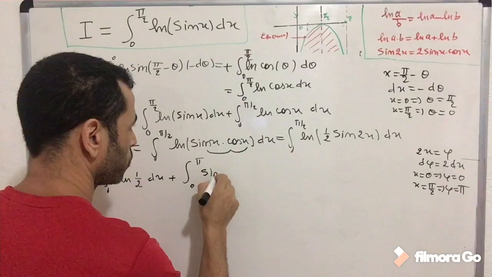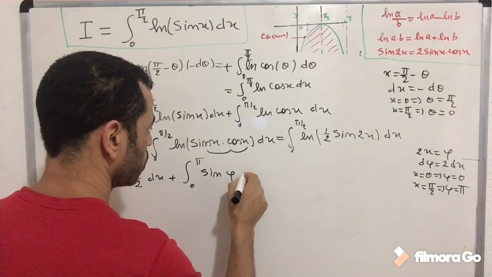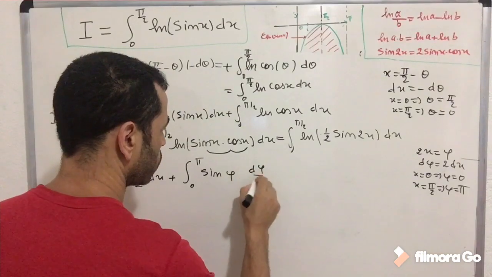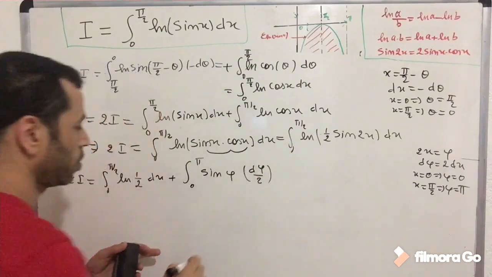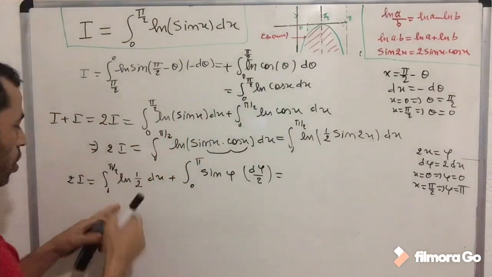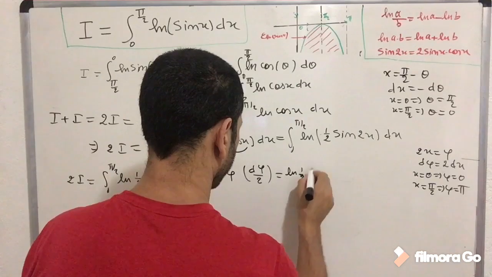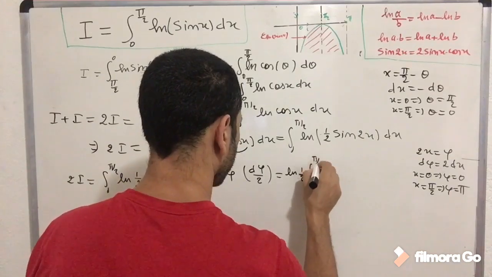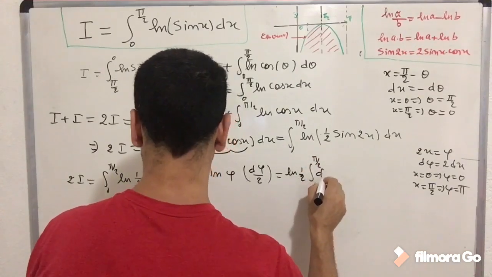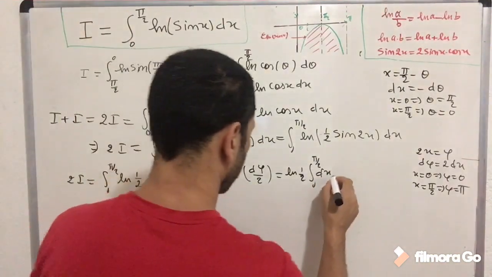So natural log of sine phi, d phi over 2. This is the new change. Let's put this one outside, which is natural log 1 over 2, integral from 0 to pi over 2 dx, because it's a constant, plus